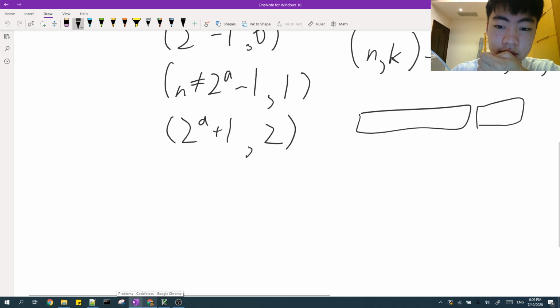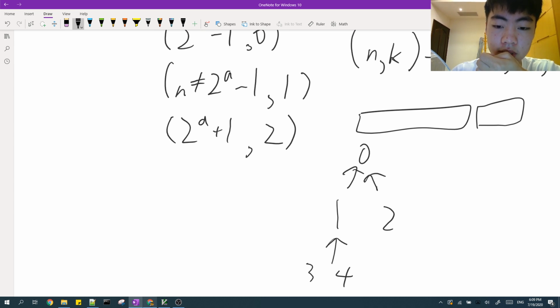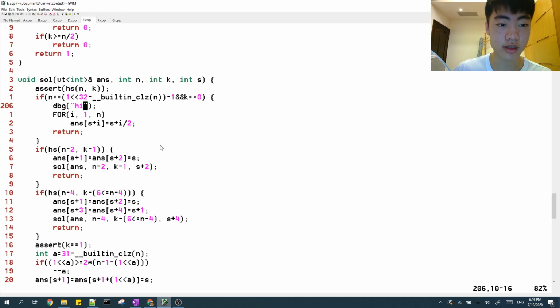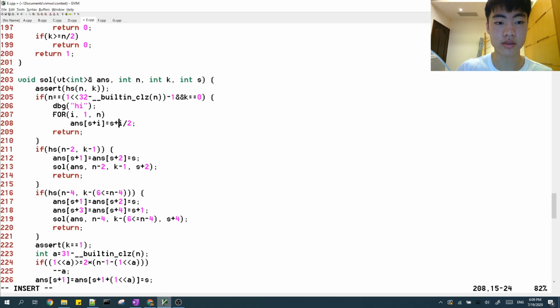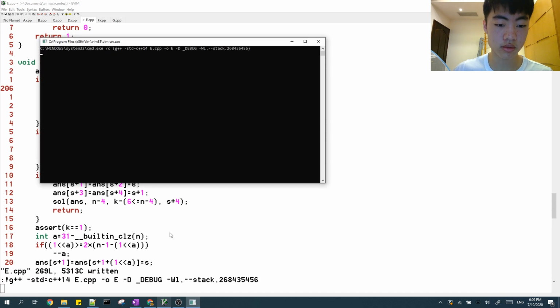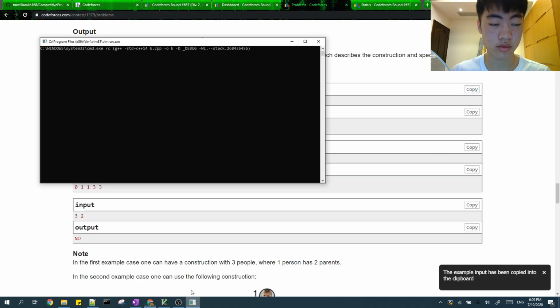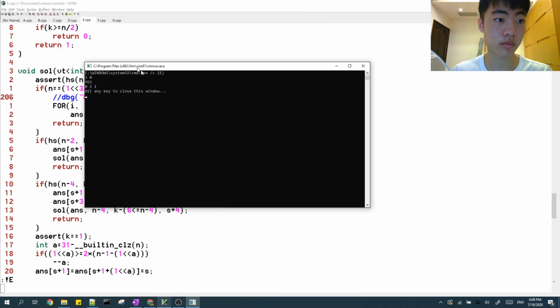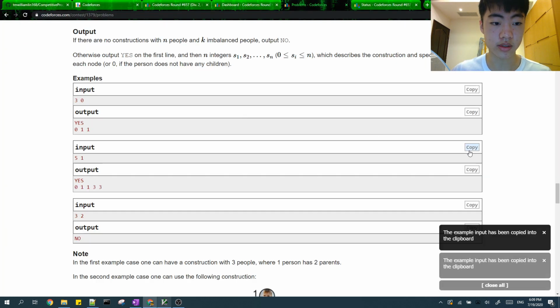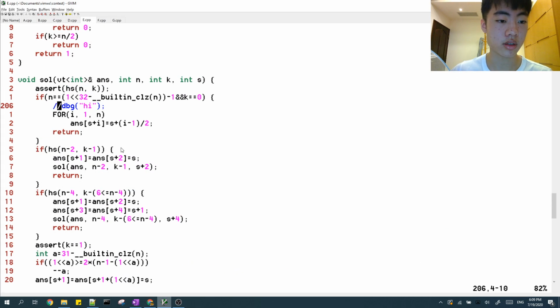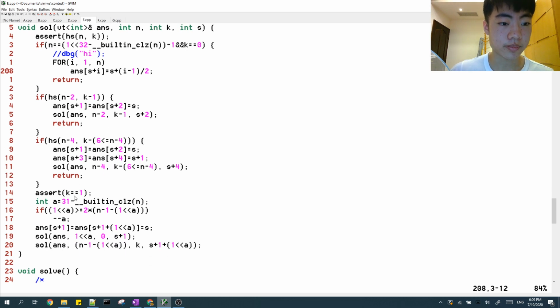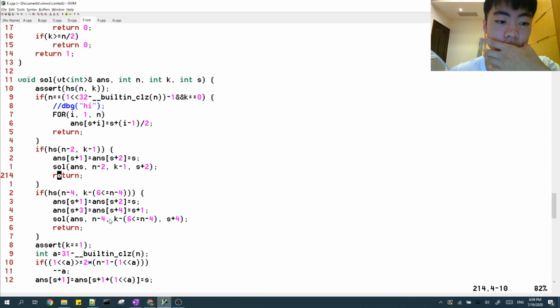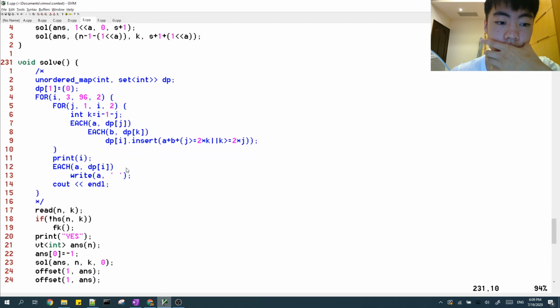How do you get to the parent cell? 1, 2 both go to 0, and 3, 4 both go to 1. So i minus 1 divided by 2. Zero, 1, 1. 0, 1, 1, 3, 3. No, okay. Now everything seems to be linear time, so